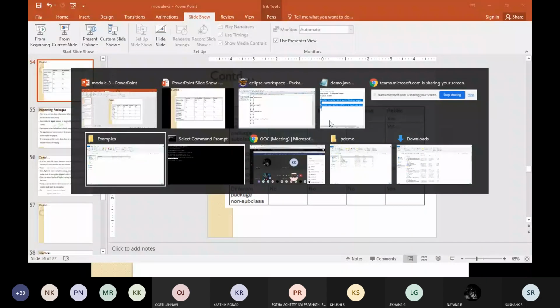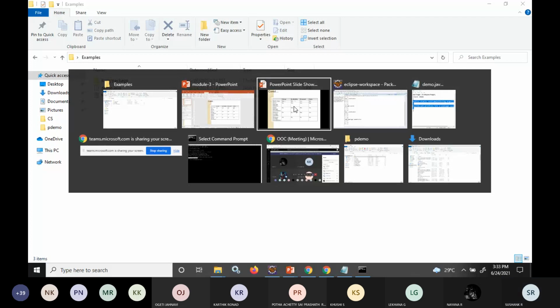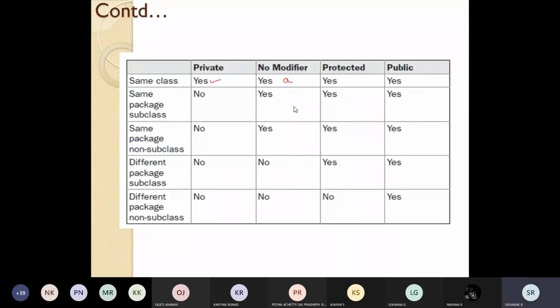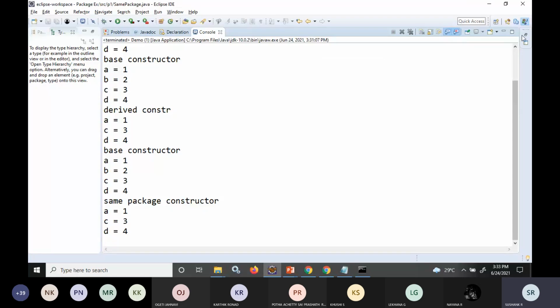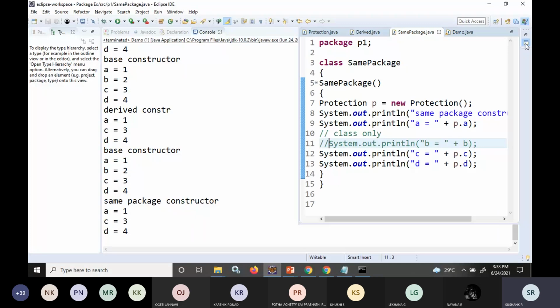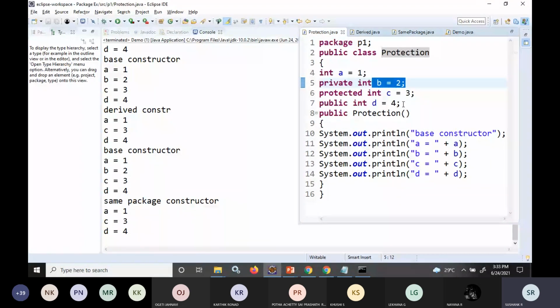Too many tabs are open, so where is that Eclipse? I'll check the code. A was default, B was private, C was protected.